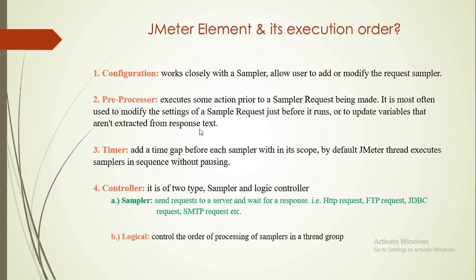So by default, JMeter executes all our samples one after the other, but in a real-time scenario, we, being practical users, do not act in that manner. So we used to have some time gap. We used to hit a link, then wait for the response, and after getting the response, we used to analyze it, and based upon the response we used to perform some actions.